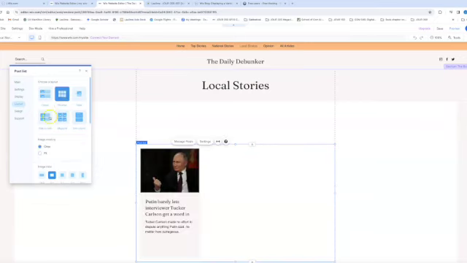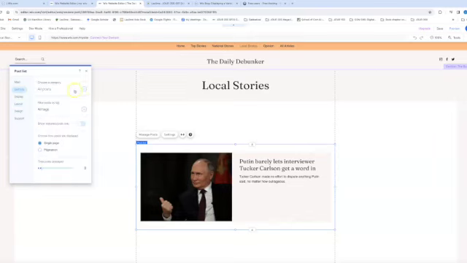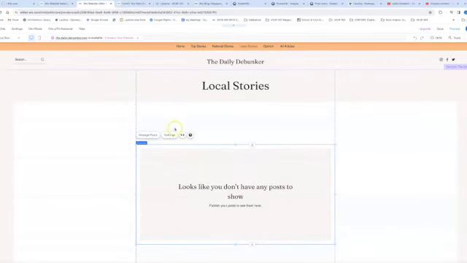So I can decide what kind I want, but you notice on my local stories it's showing a national thing, so I don't want that. So I want to go in there and choose local stories, and right now we don't have any, so we'd have to go ahead and create them. So we basically just go through the same process that we went through in creating that first post. We go here to manage posts, new posts,